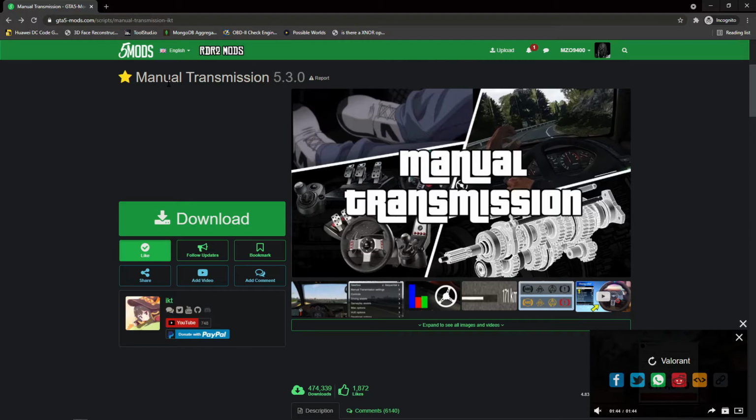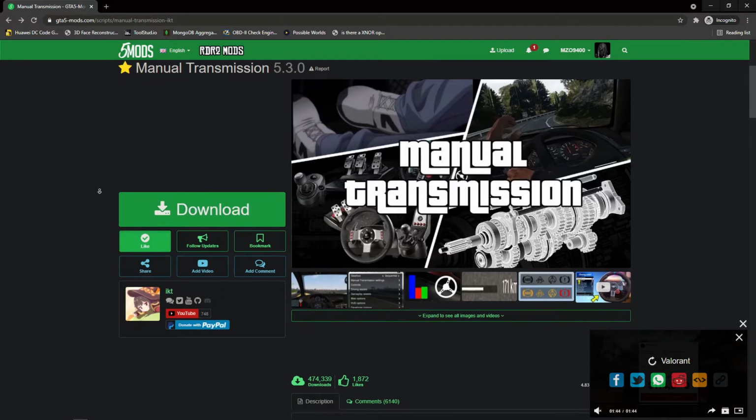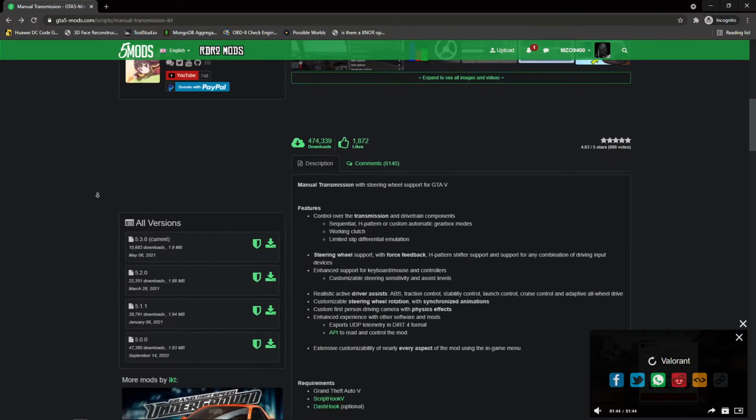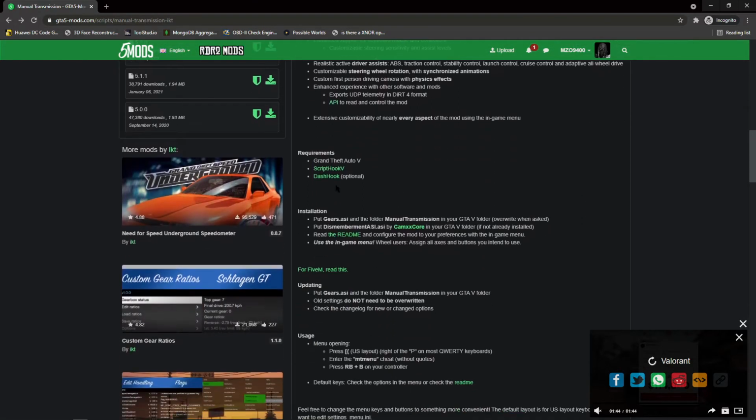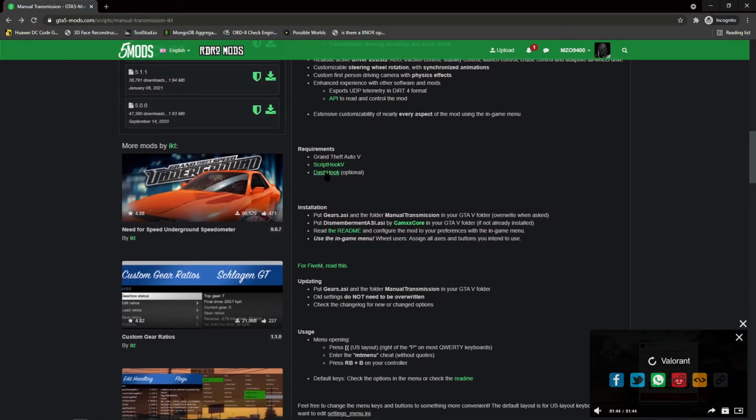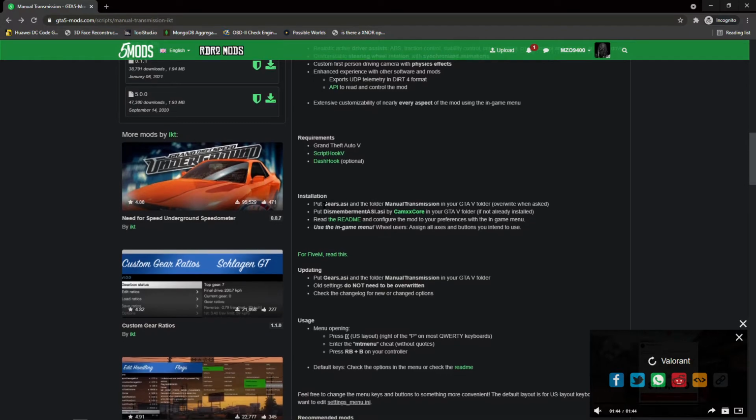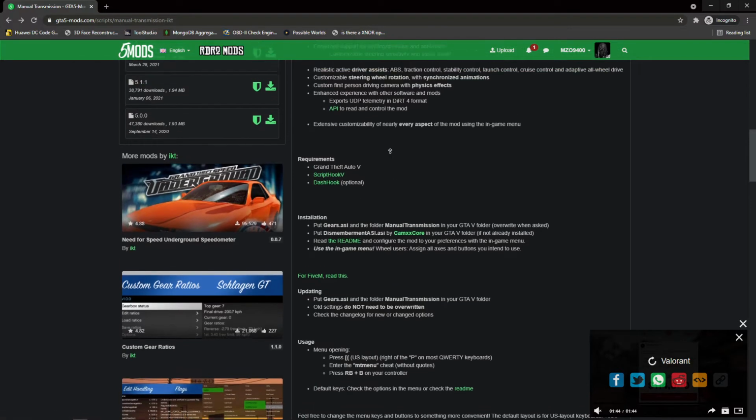The first thing you need is the script. Obviously we'll be using this manual transmission script by IKT, a pretty good guy actually. You see, this is all the descriptions right here. This requires ScriptHook and GDF5, and obviously a dash hook, which is optional. If you want it, that's good. I personally don't use it, so we'll just not have that here. And this basically goes over how to install it. But anyways,